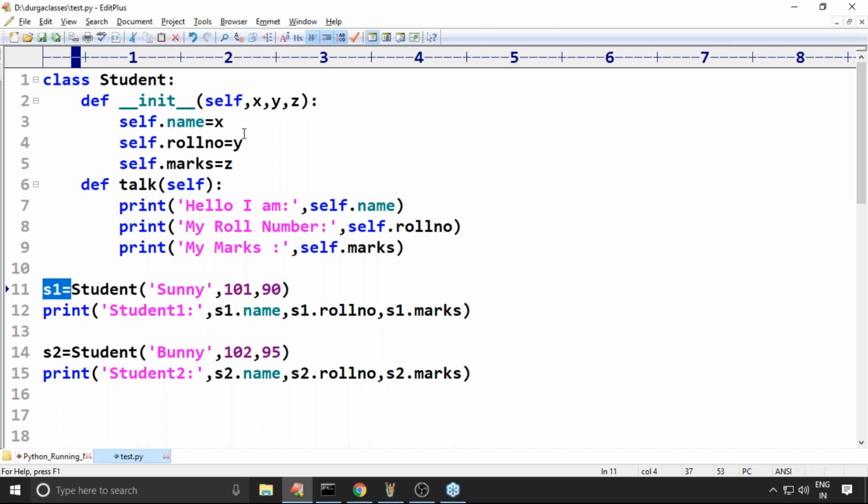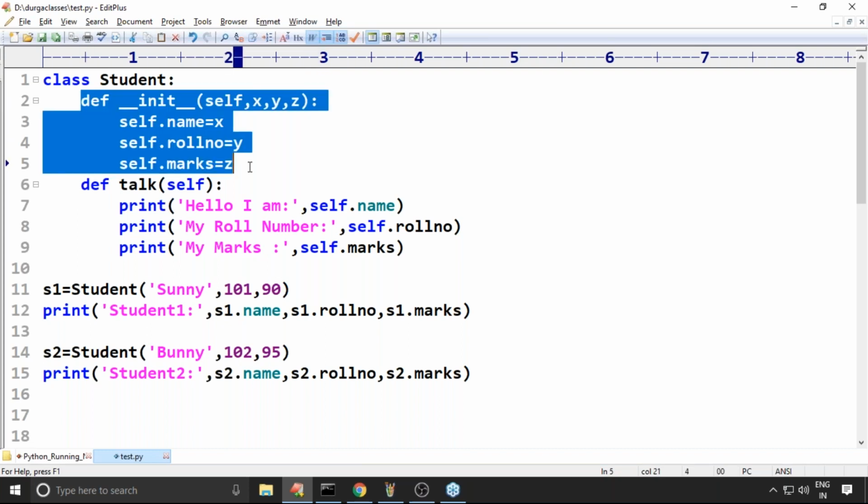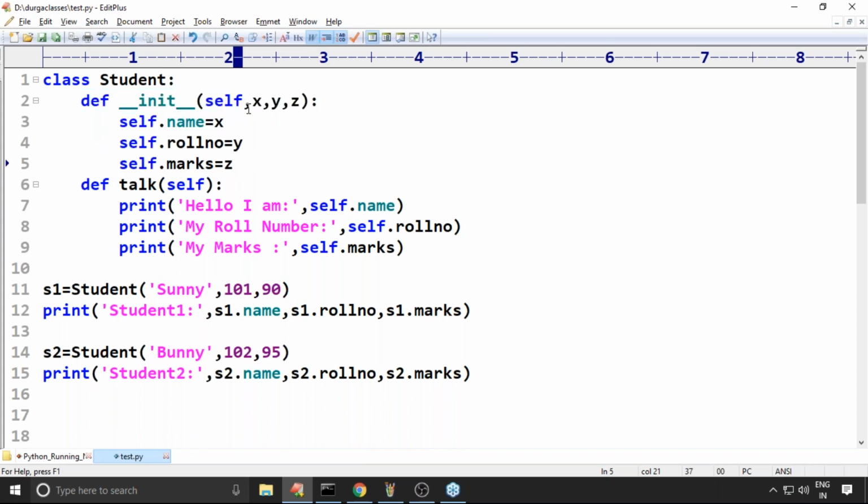Now here, sir, here X, Y, Z. Is it valid code or not? Can you please confirm? Valid, but not a good programming practice. So instead of X, it is better to use name. Instead of Y, better to use roll number. Instead of Z, better to use marks.